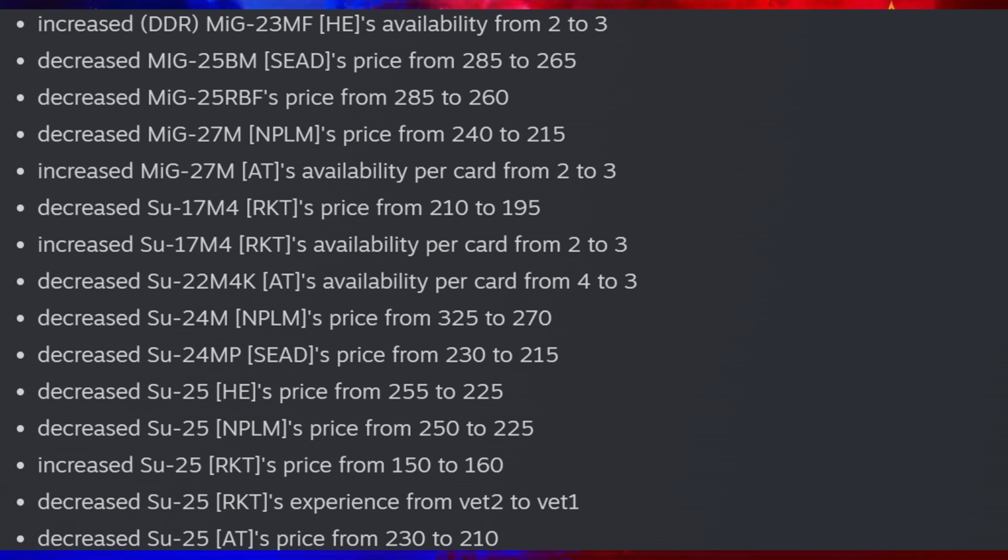decreased the Su-22M4K AT's availability per card from 4 to 3, decreased the Su-24M Napalm price from 325 to 270, decreased the Su-24 MPC's price from 230 to 215, decreased the Su-25 HE price from 255 to 225, decreased the Su-25 Napalm's price from 250 to 225, increased the Su-25 rocket price from 150 to 160,